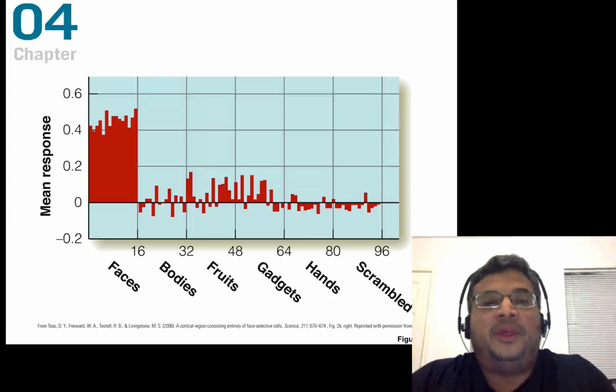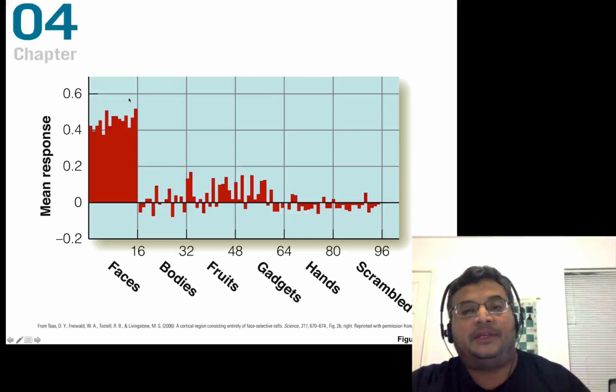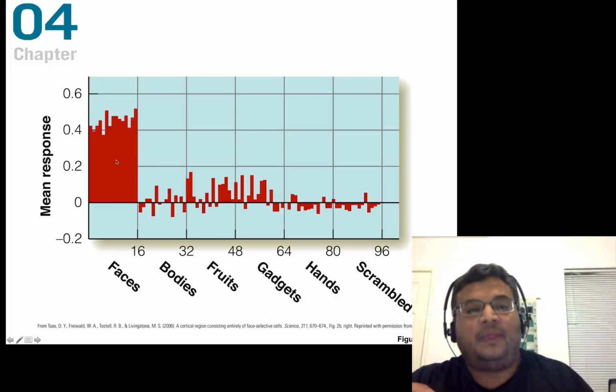Here's more data comparing the firing rate, looking at these face selective cells. So these are recordings from these cells again. You'll see they fire like crazy to faces,